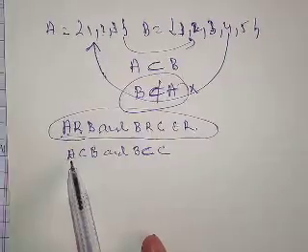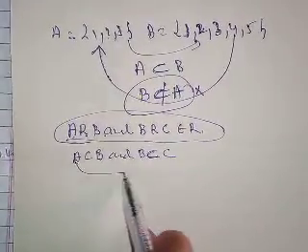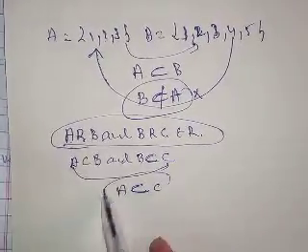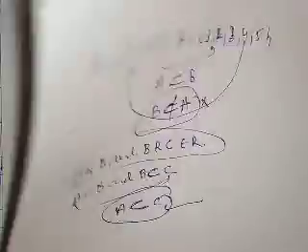Look here, A is a subset of B and B is a subset of C. So what it implies is A is also a subset of C. So it is proved that R is transitive. So see here,